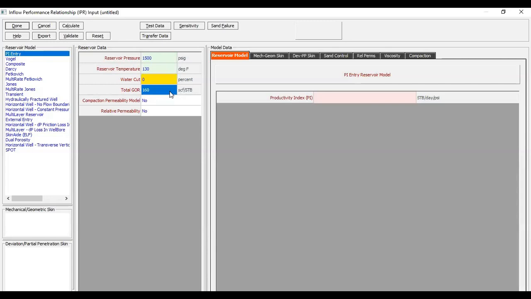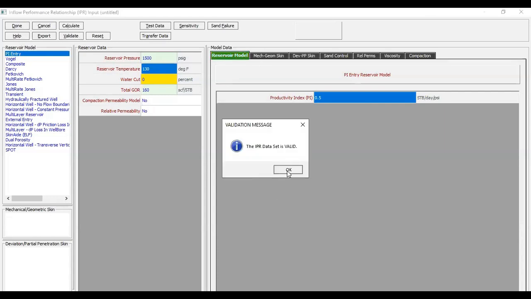Okay, and now total GOR still 160, and let's say the productivity index is 0.5. So that's quite simple. Validate. Okay, the IPR is valid, and now I can calculate to construct the IPR.